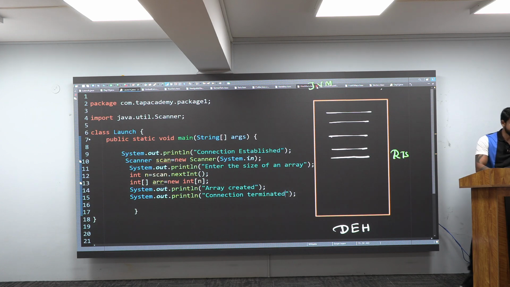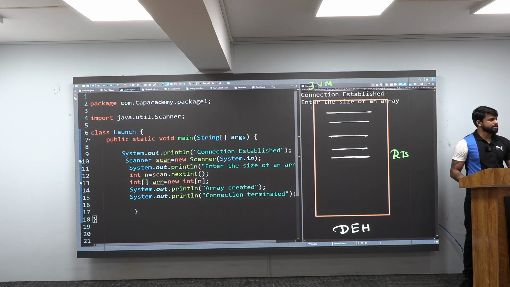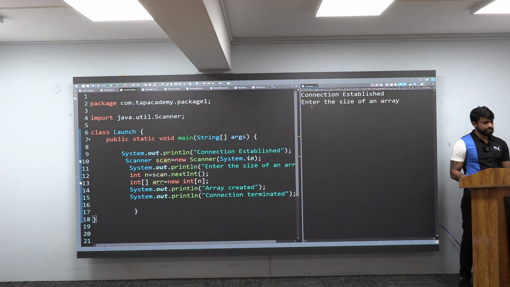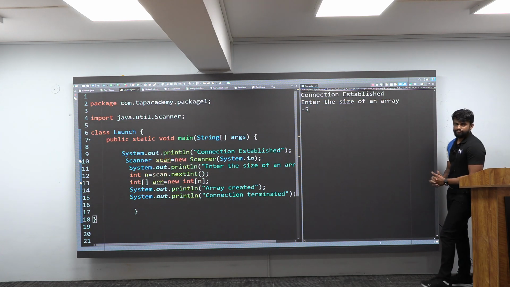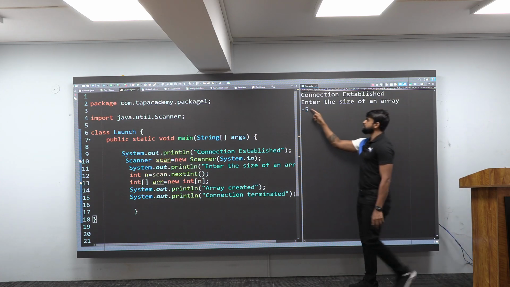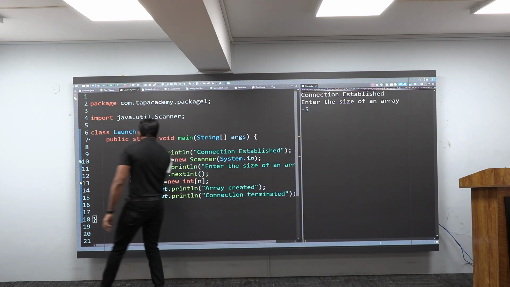Next, let me re-execute this and see how it will work if I give the input this way. If I execute it, it says enter the size of an array, and I will give the size as -5. If I hit enter, -5 is scanned, and it is put inside n.